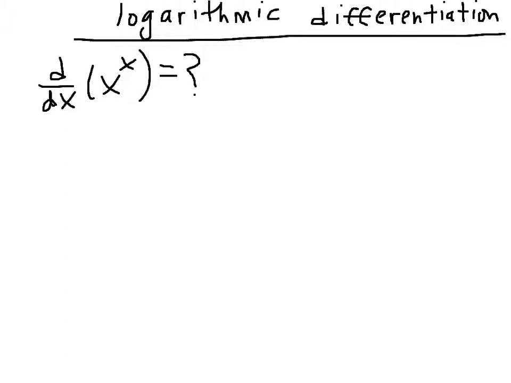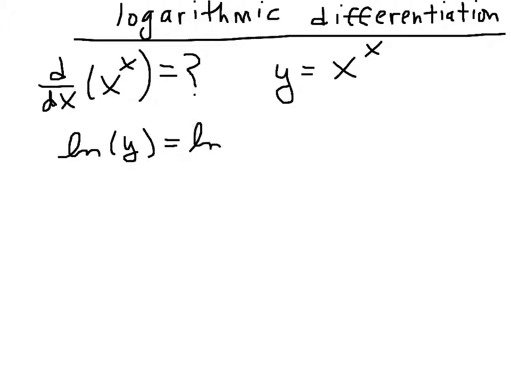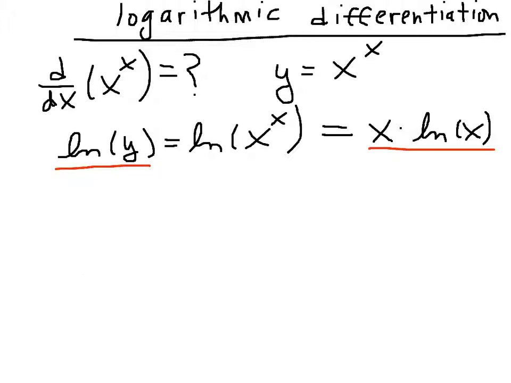So we proceed as we have in the past. We say, let's let y equal x to the x. And if we take the natural log of both sides, we get the ln of y is equal to the ln of x to the x. Now this technique of logarithmic differentiation works because of the huge property of a log of something to a power, because I can rewrite this as x times the ln of x. So now if we look at the statement that we have, the ln of y is equal to x times ln of x, now we're just going to differentiate,